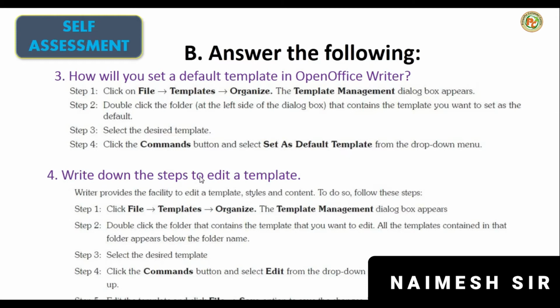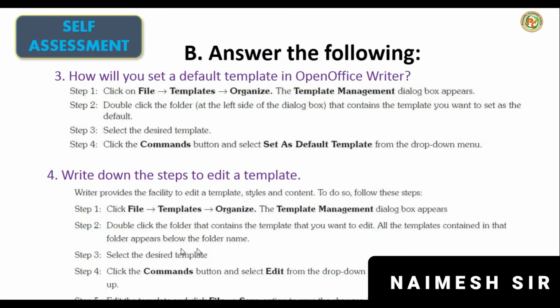Write down the steps to edit a template. Okay, if you have designed the template, or if you are going to use the existing template and you want to modify it, then we can edit it by clicking on the file, then the template. From the template, click on the organize. When you click on the organize, template management dialog box will appear. From that we have to double click on the folder which has the template, and all templates will appear inside that folder.